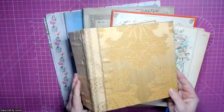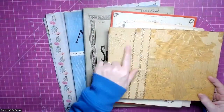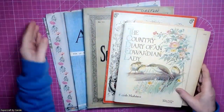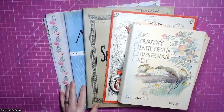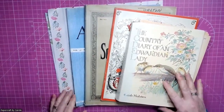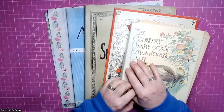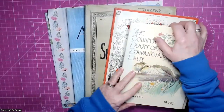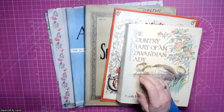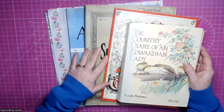In my previous video, I showed you how I constructed my cover for my long stitch journal. And in this video, I'm going to look at making my signatures. Now, in a true junk journal, you're using waste things, like flyers or newspapers or envelopes, things like that. And I do use some of those, but I do quite like making my journals from old books and old